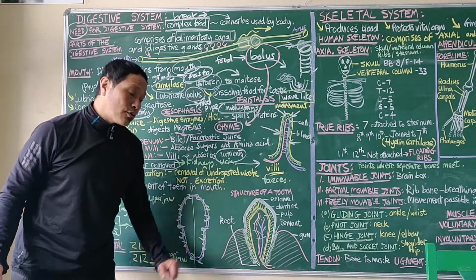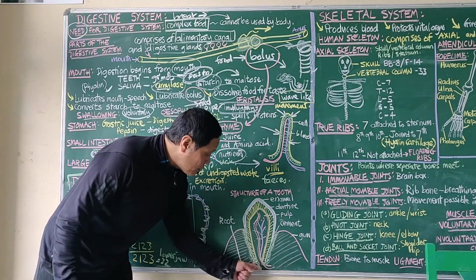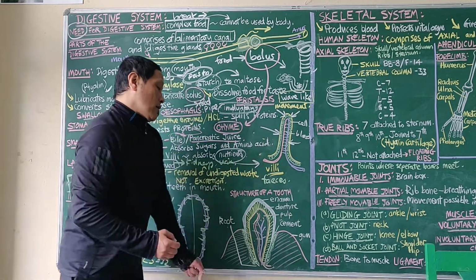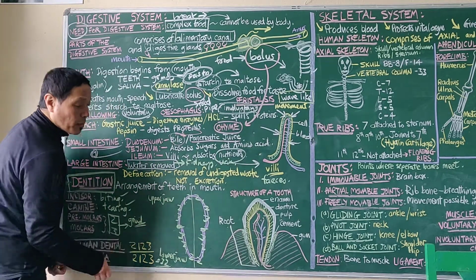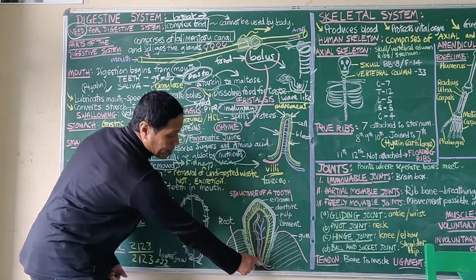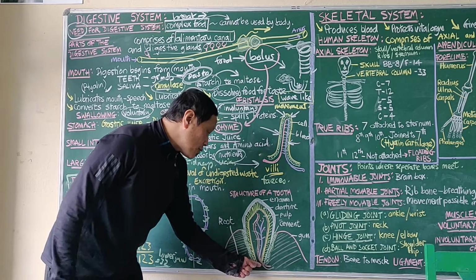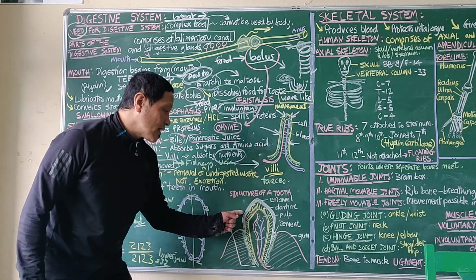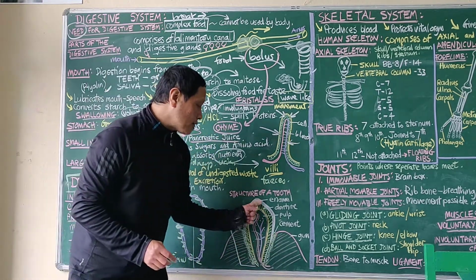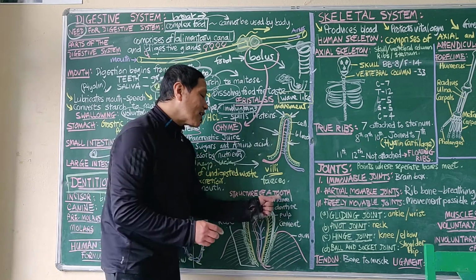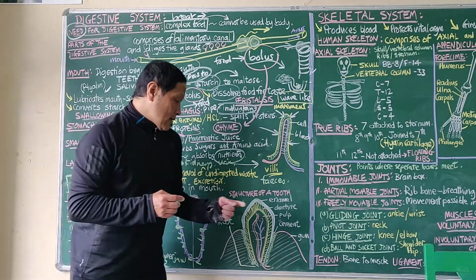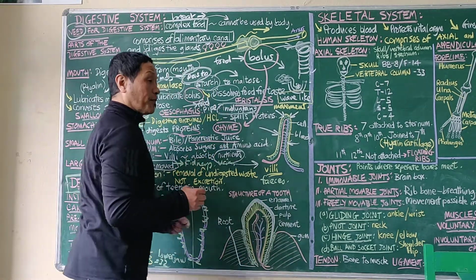The structure of the tooth. I've done a basic structure of a tooth. It looks more like a canine. It has a single root, as against the molars and the premolars. Molars and premolars can have 2 or 3 roots. So we'll just stick to a single root. And this could be an incisor or a canine. As you can see, the outermost layer, the white one that I've drawn, is called the enamel. It is the hardest substance in the body, much harder than the bone. Okay, so it covers the tooth.